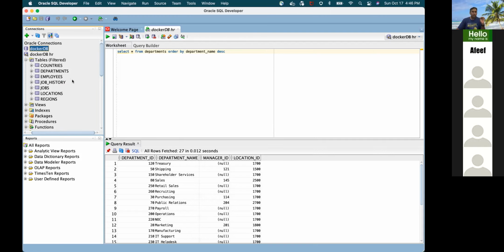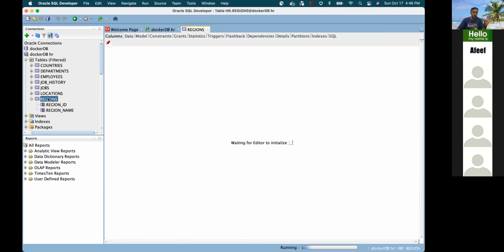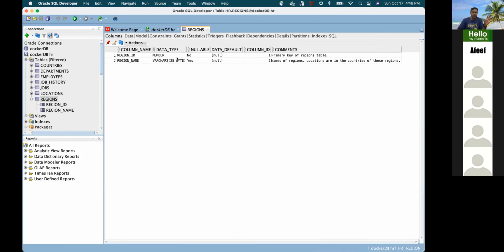The unnormalized document will not have a separate departments table, or separate locations table, or separate regions table, because normally this kind of information is directly stored in our main Excel document. So for example, if we have employees data, it will have an employee number, name, address, phone number, and then it will also have which department he is in, and then which region he is in. So why is there a need to store the data in a separate regions table? If you look at the region table, if you look at this data in here,